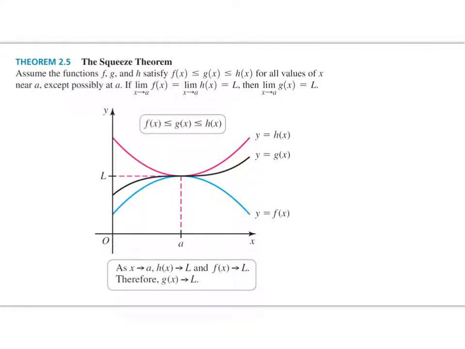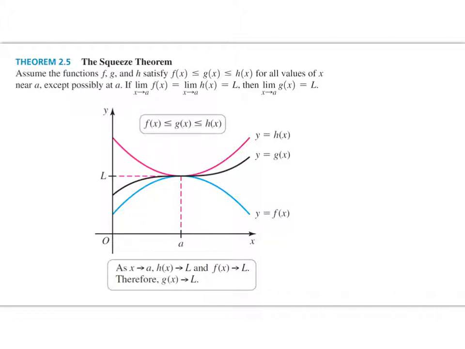Okay. The last thing we want to talk about in evaluating our limits using our limit laws is what we call the squeeze theorem. This says if we have 3 functions, f, g, and h, and I know that the value of f of x is always less than or equal to the value of g of x, which is always less than or equal to the value of h of x for any value of x near a particular point, so not the entire graph, just at a specific spot, except maybe that exact value,